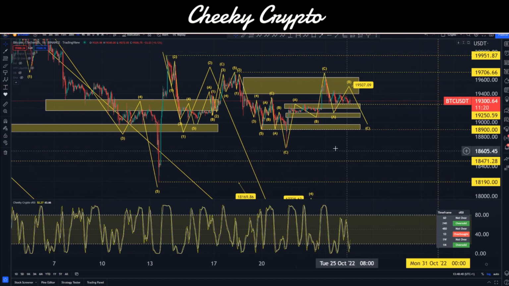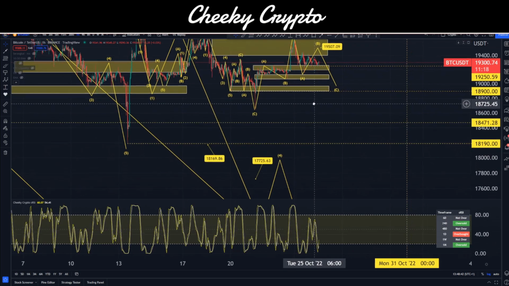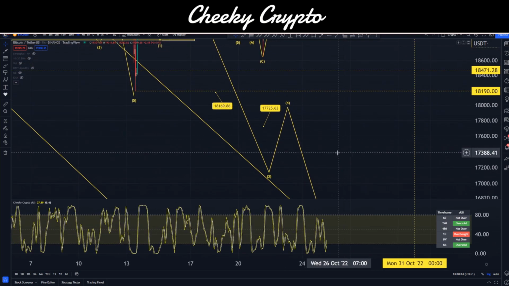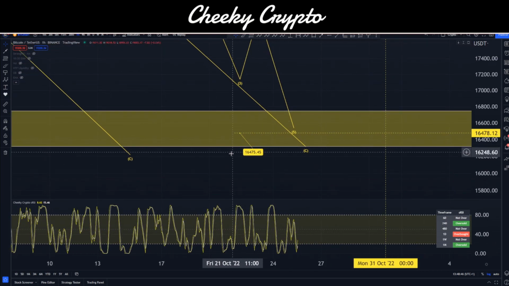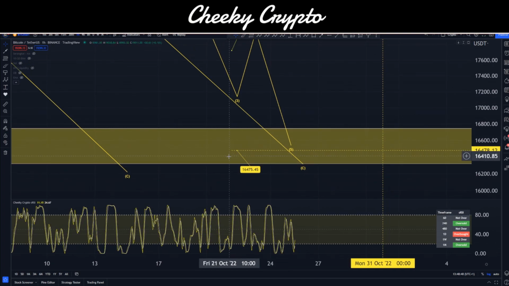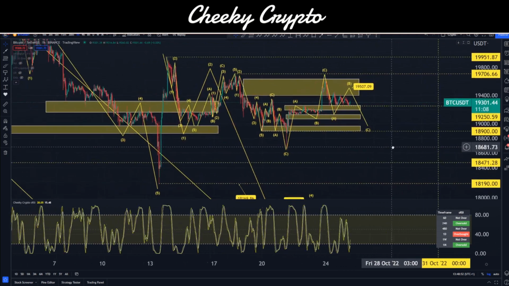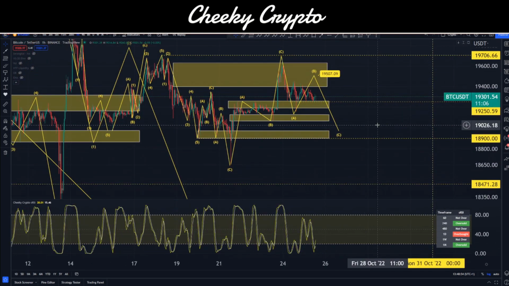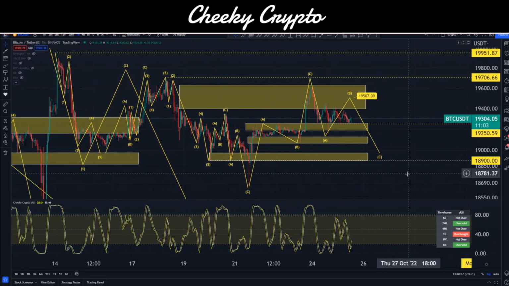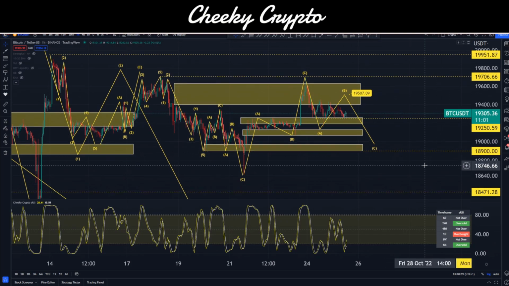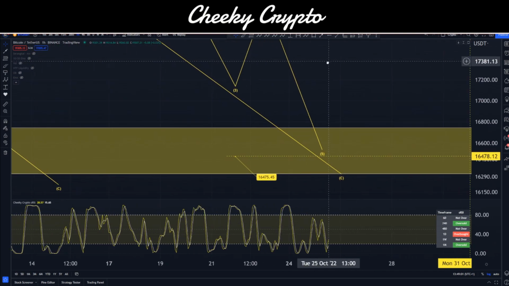I still think there's more discounts to be available to us. And controversially or not, we are talking about slightly newer, lower lows, but if we were to come down into this one, I think we're done at that point. So there's a lot of things to be thinking about. Obviously, we're not seeing the uptick from the whale wallets. We're not seeing the shrimps getting shaken out yet. So all of this could just be a ruse.